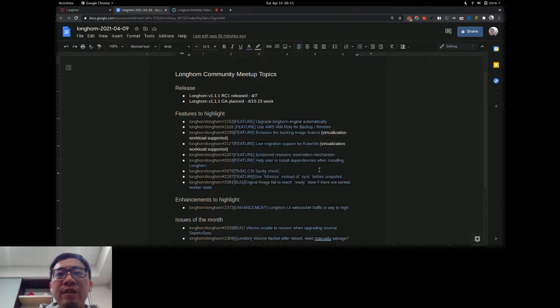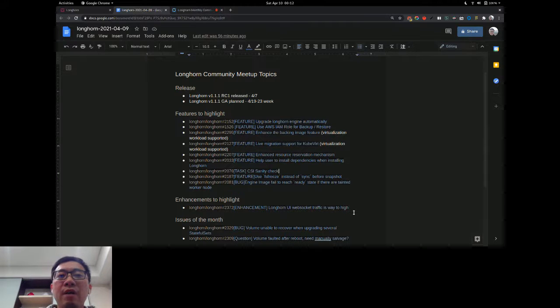And next one is the CSI sanity check. This is another important thing. We want our CSI plugin to pass the CSI sanity check. What's the purpose? Not just to pass the sanity check, we want to make sure that in the communication between the CSI plugin and Kubernetes, like kubelet, there is no exception and no surprise operation happening. So this is one purpose for introducing the CSI sanity check, to make sure the Longhorn CSI driver works as